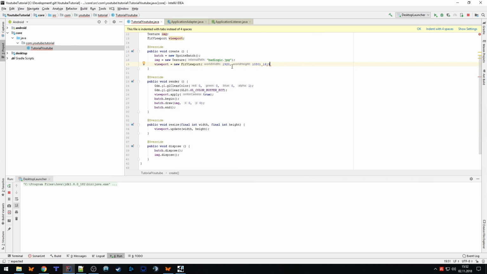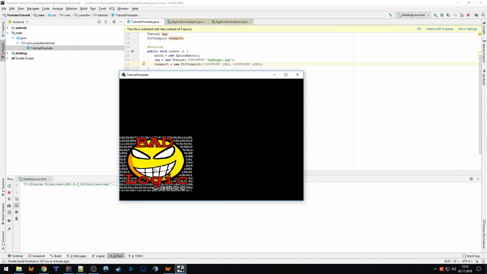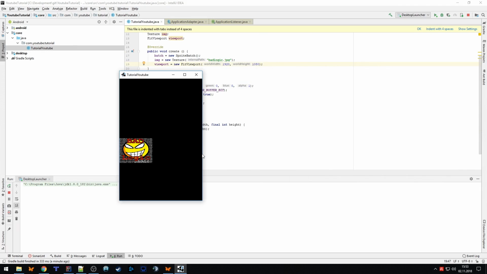And if we keep that somehow with our virtual resolution of the viewport, then we won't have bars at all. And of course, if we are not exactly at that aspect ratio, we will have those bars. But the good thing is that our image is now always a square. So it never gets stretched and loses its aspect ratio. So that point is already fixed.